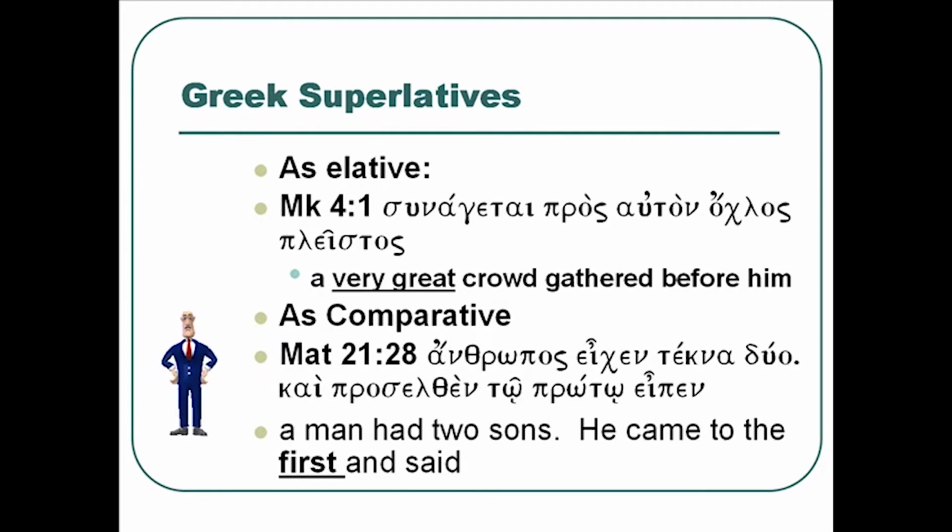So that's how we work with the superlatives and the comparatives. And we've seen that the comparatives can be taken as superlatives and also in an elative way, or as a strict comparative, or the superlatives, which also can be used comparatively and taken as elatives or as superlatives. We notice the endings on the comparative were on, teros, and on the superlative were istos, tatos. And so you should be aware of the diversity of ways in which they can be used in actual contexts. Sometimes it can be ambiguous, but most of the time the context will sort these out for us.